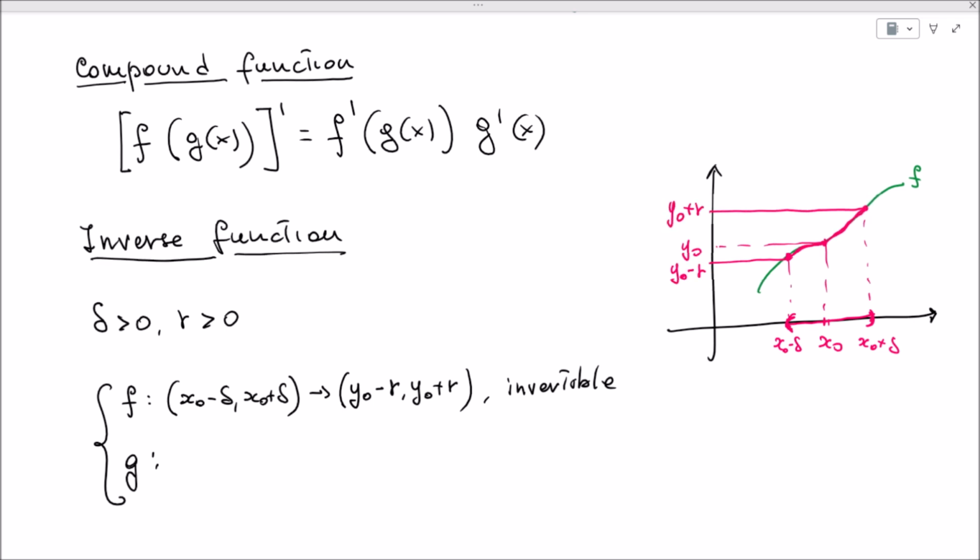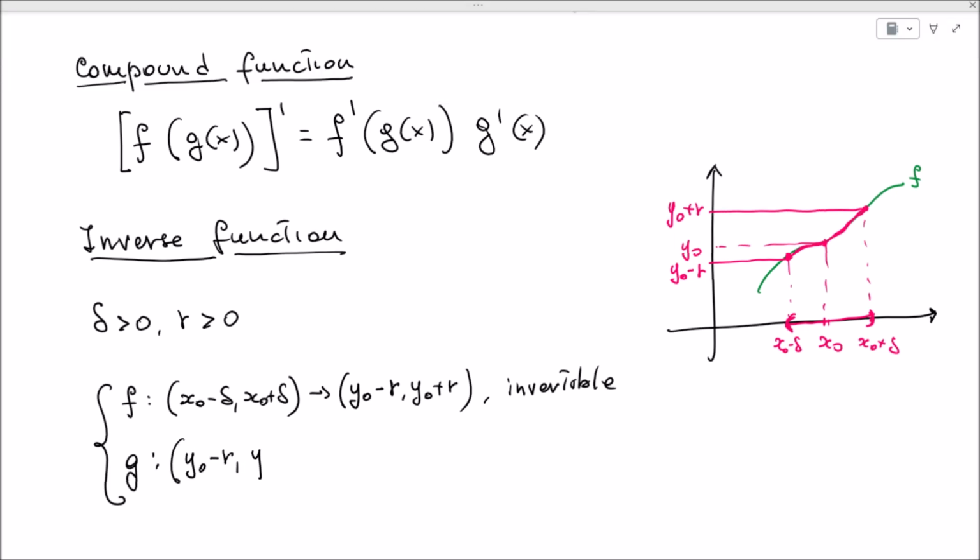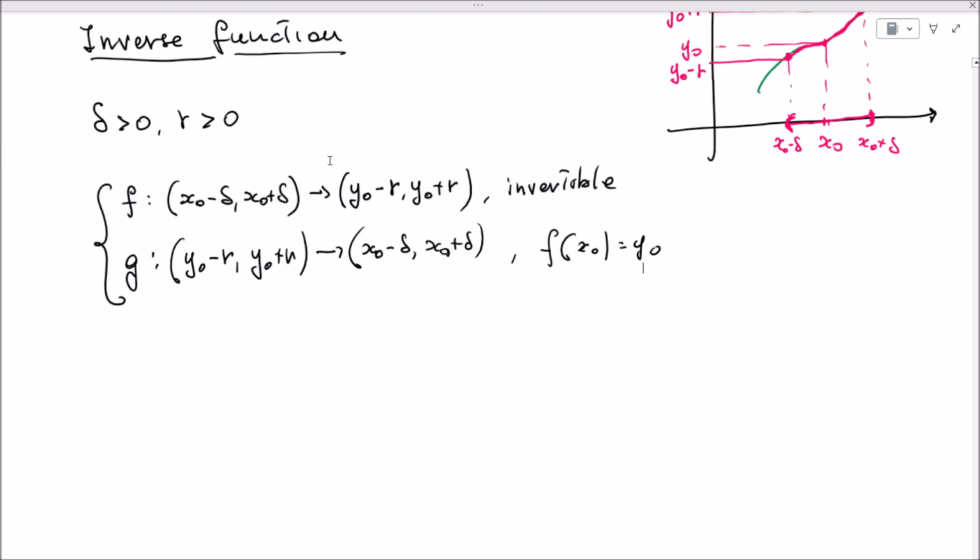And we are saying that within this interval, the function is invertible. So we can define then a new function g that goes from y naught minus r, y naught plus r into x naught minus delta, x naught plus delta. And of course we are assuming that f of x naught is equal to y naught. If we are in this condition, then we can say that if f prime of x naught exists,